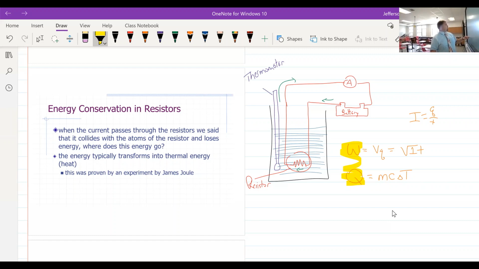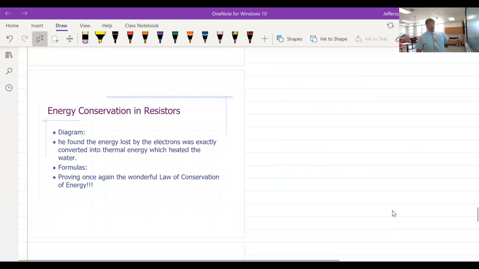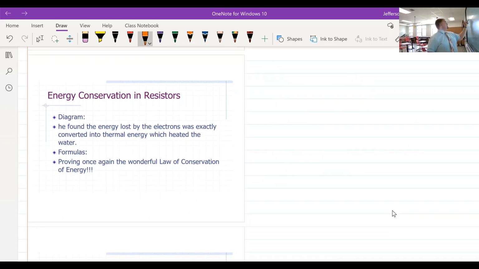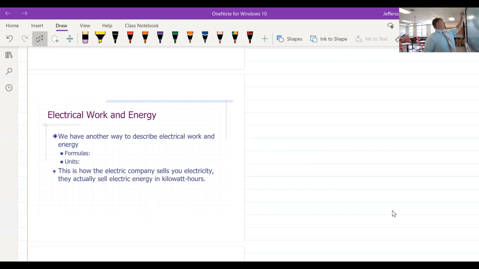So I'll scroll this up. He found that the energy lost by those charges, I should say charges here, rather than electrons, getting back into our conventional current, was exactly equal to what was converted into thermal energy. So the electrical energy that was being used by going through the circuit was exactly equal to the thermal energy gained by the water. That was huge. So we can now write this, and I already showed you the one, that the electrical energy is equal to V times Q,